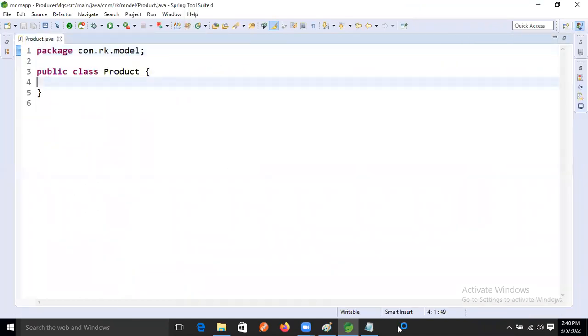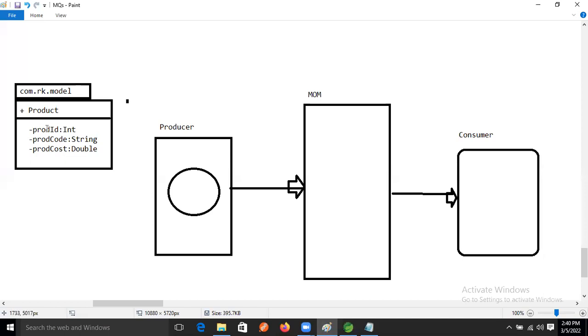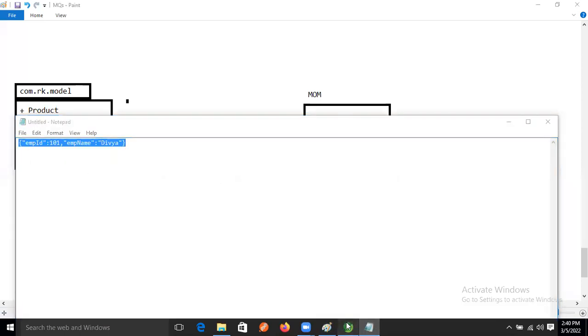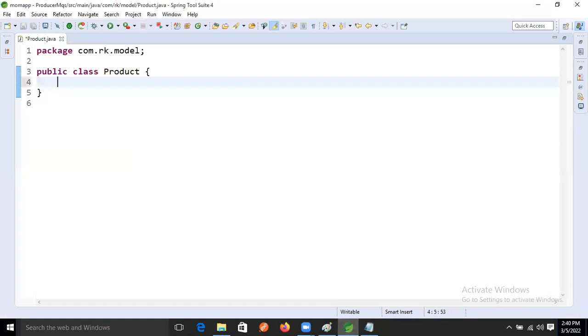So now here we have product ID, product name, product code, and product cost. Private Integer PID.